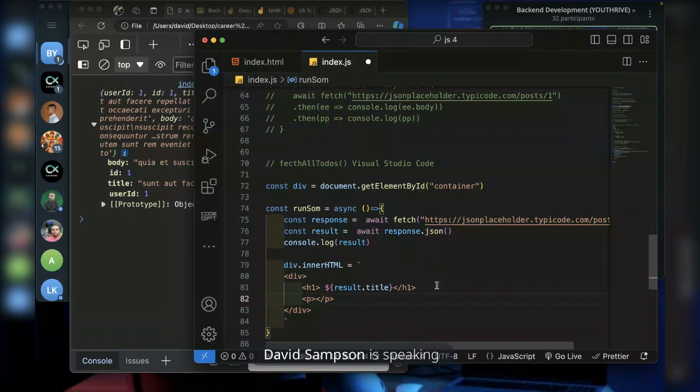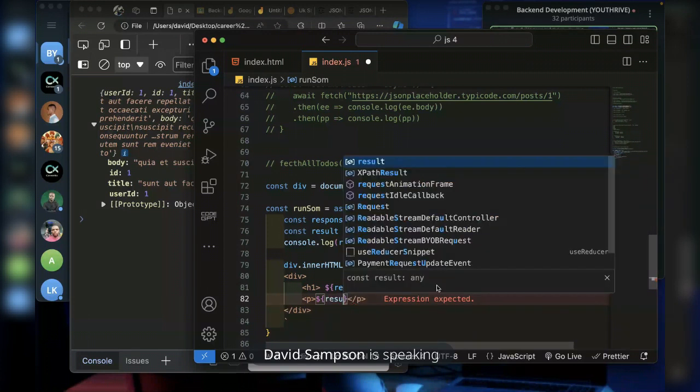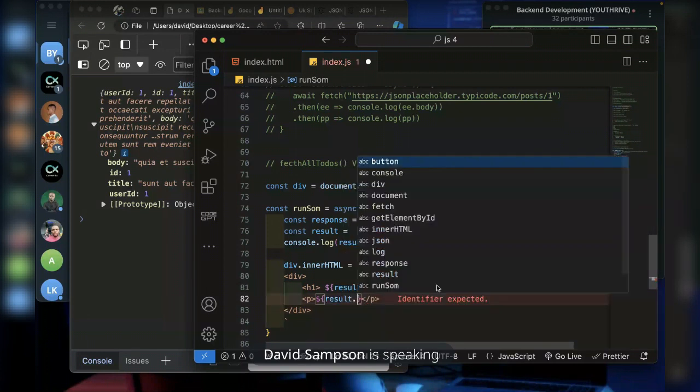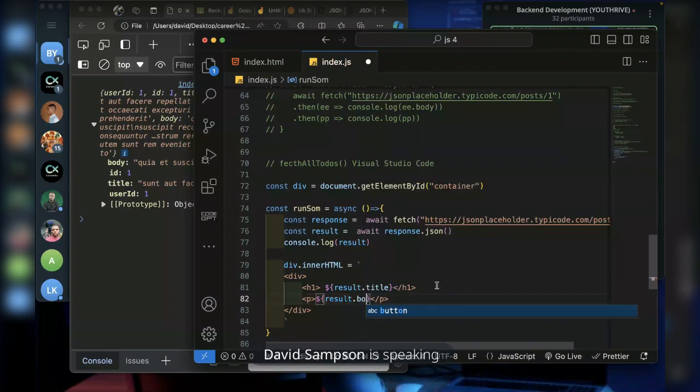The next thing I want to do is add the body. I'll add the body in a P tag. So here I will add dollar curly braces, result.body, and save it.